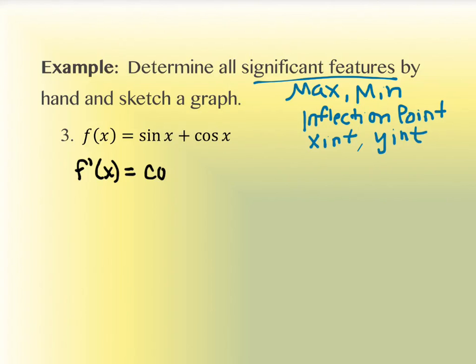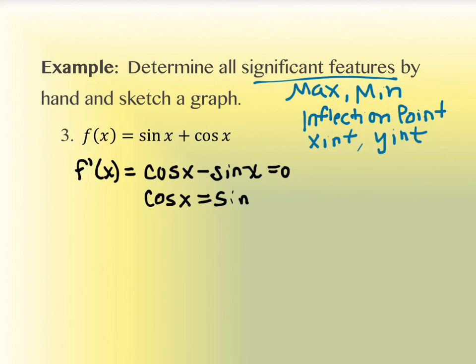Cosine x negative sine x, for sure. Okay, good. So I'm working on the max min because that's the first thing you guys said. So there's my first derivative. What do I do with it? Set it equal to 0. And I can solve this one